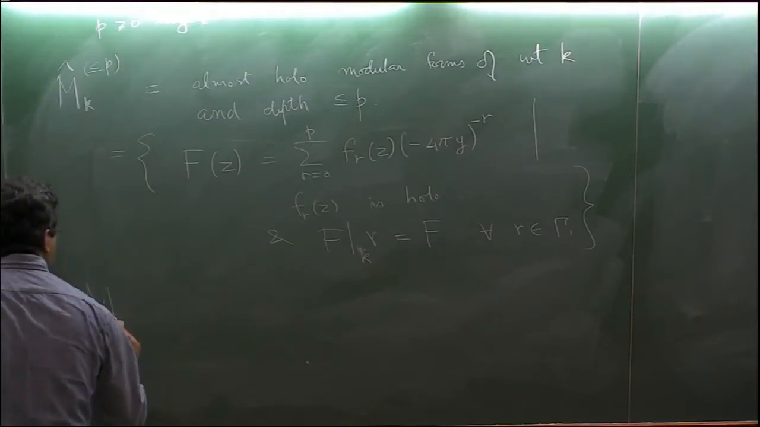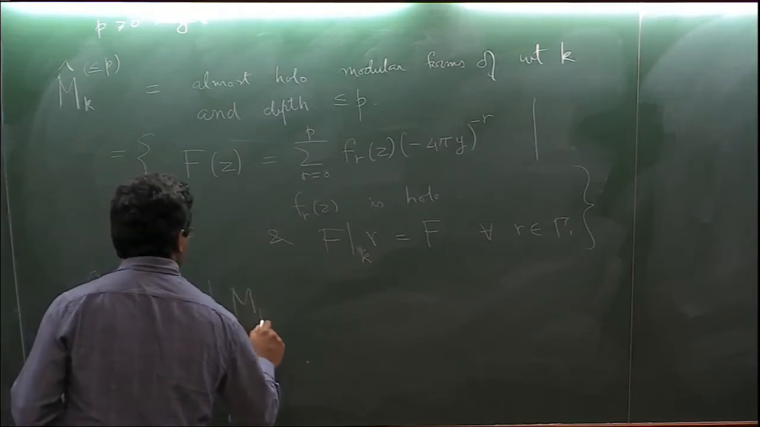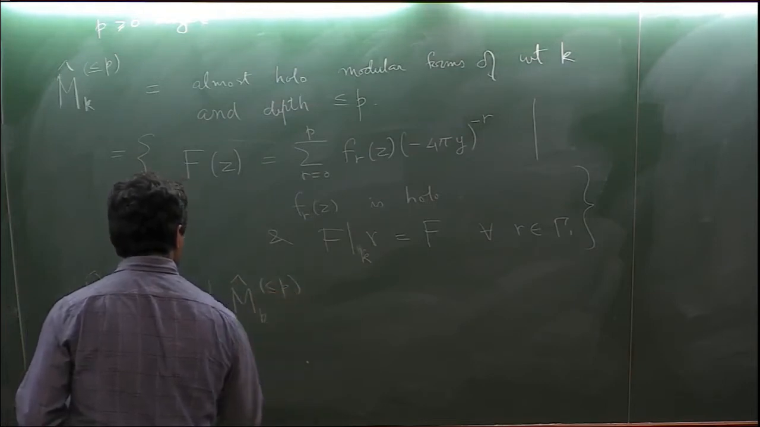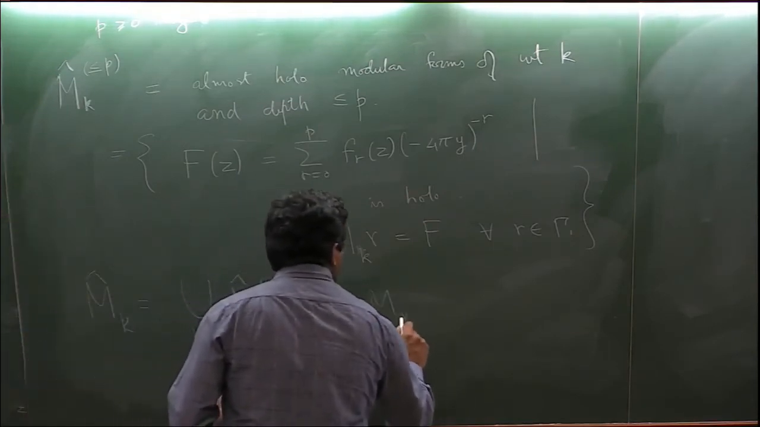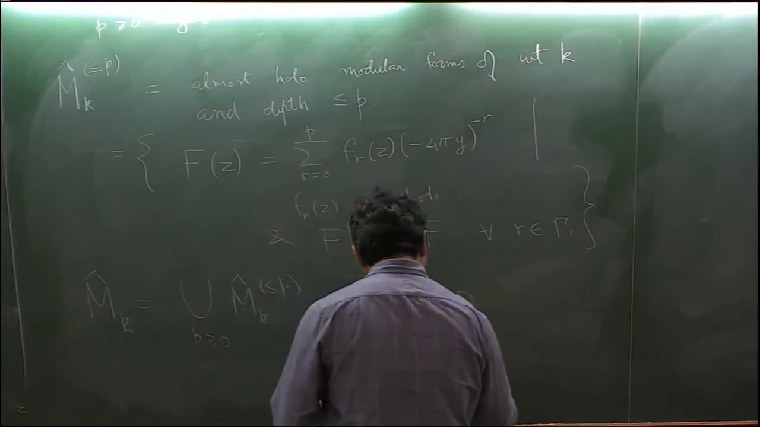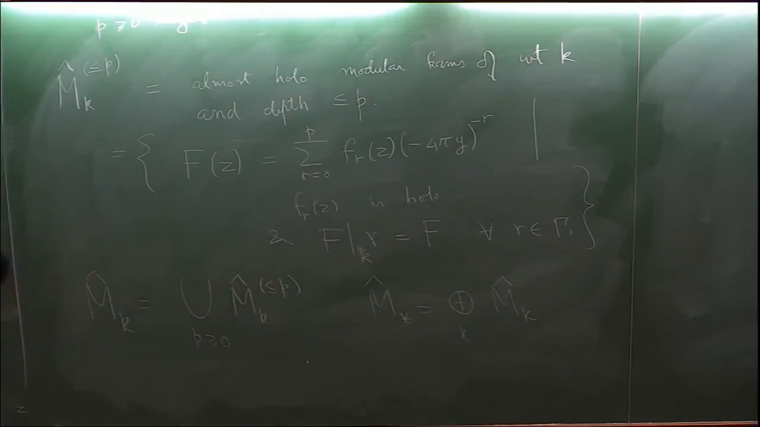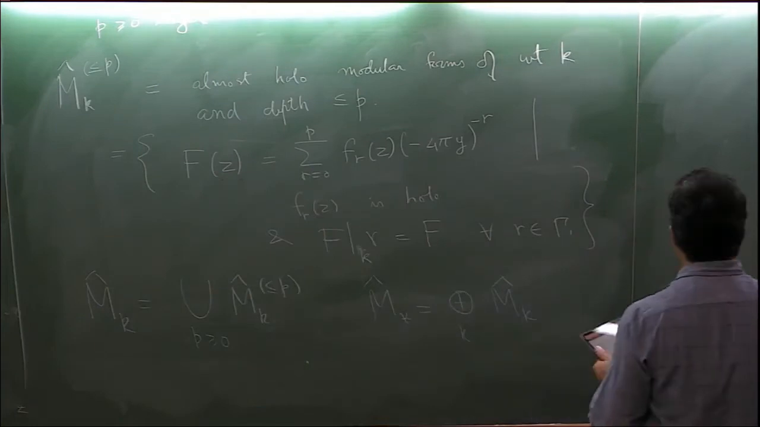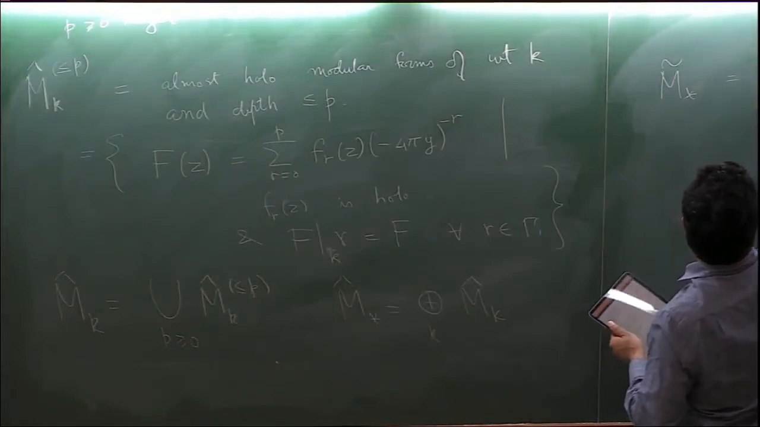Okay, and then almost holomorphic modular forms are just the union of M_k hat less than or equal to p, and the ring of almost holomorphic modular forms is just the direct sum. I've forgotten about Gamma 1 now, because I'll only deal with full level. So these are almost holomorphic modular forms, and the ring of quasi-modular forms